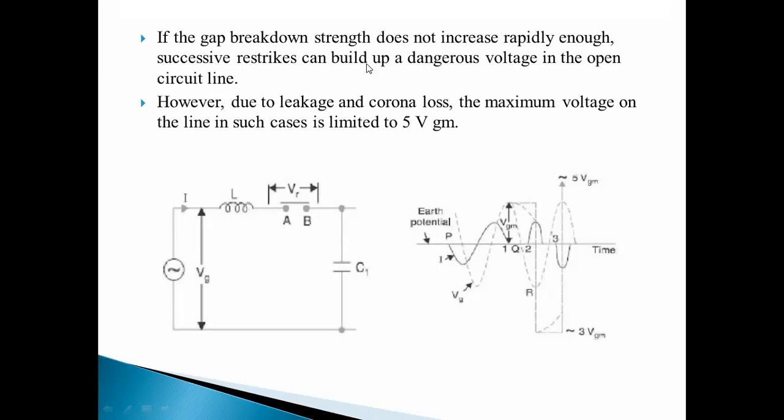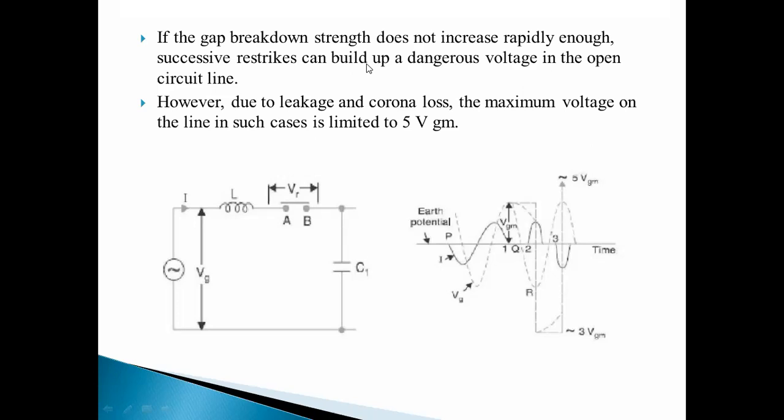So again it will restrike. If it happens continuously, it will reach a dangerous voltage. We have already seen the voltage of the generator was Vgm, and when continuous restriking is happening, that voltage is increased up to 2 Vgm. If it restrikes again, the voltage will increase again, so it is dangerous